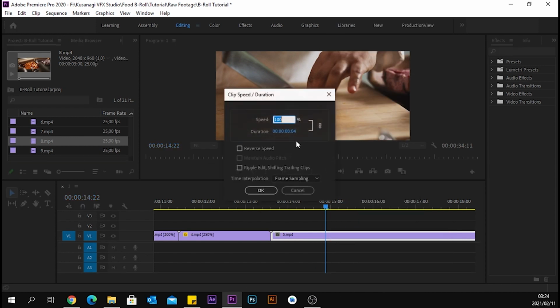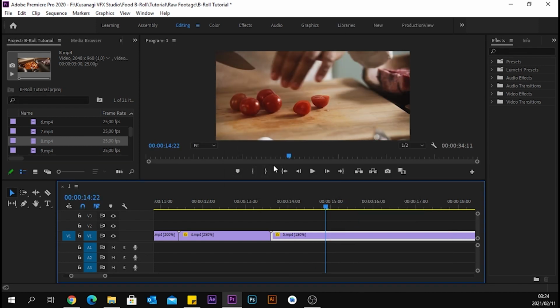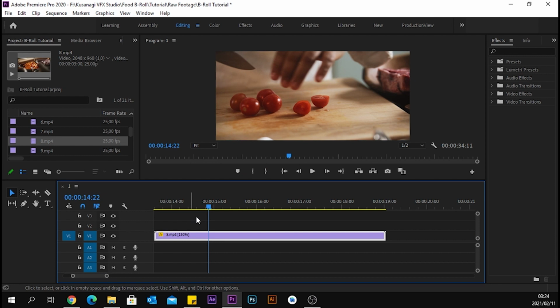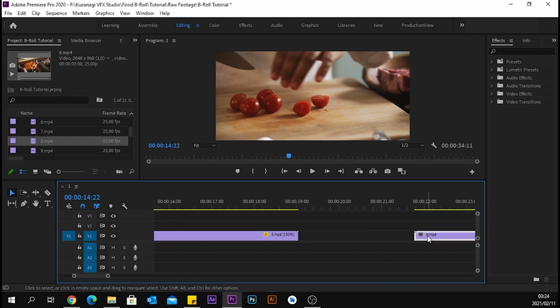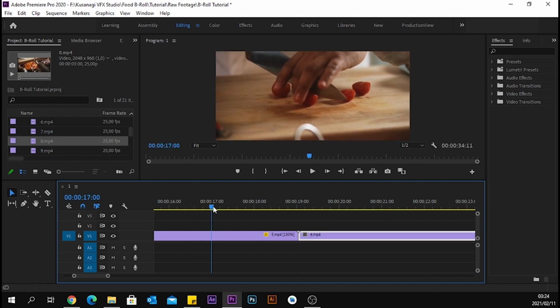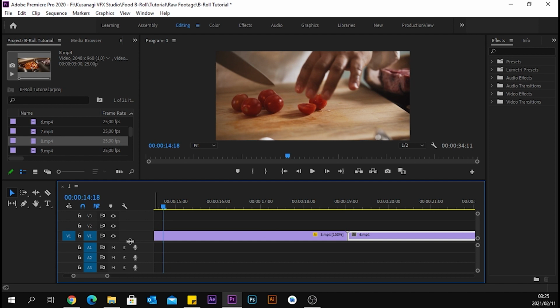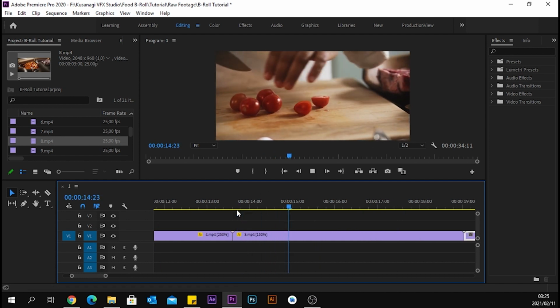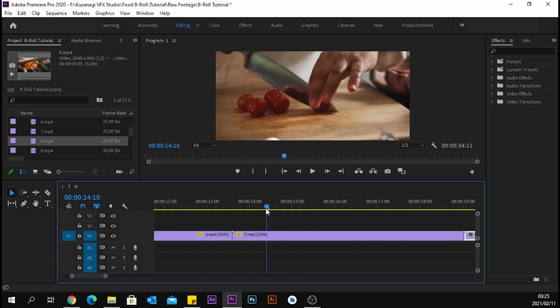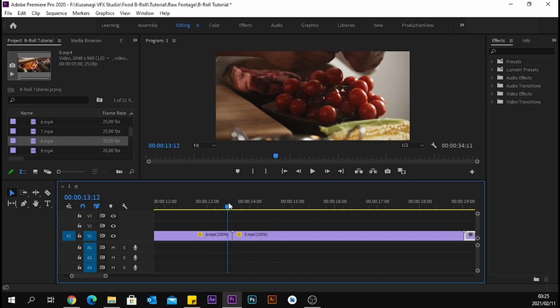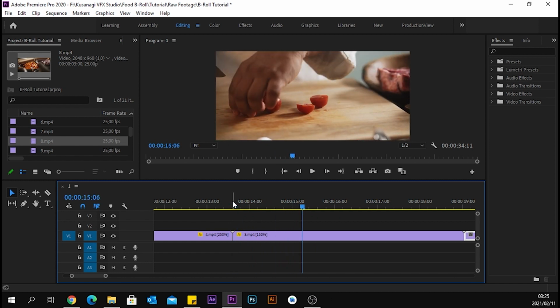Okay, so this one I want to speed up a little to 150. And then just drag that closer. And here I'm going to shorten the clip a little bit. So I'll play through 1. So 1 is enough for us, okay? Because we only want to see 1 slice of the tomato. Boom. And here, so we go 1 step back,